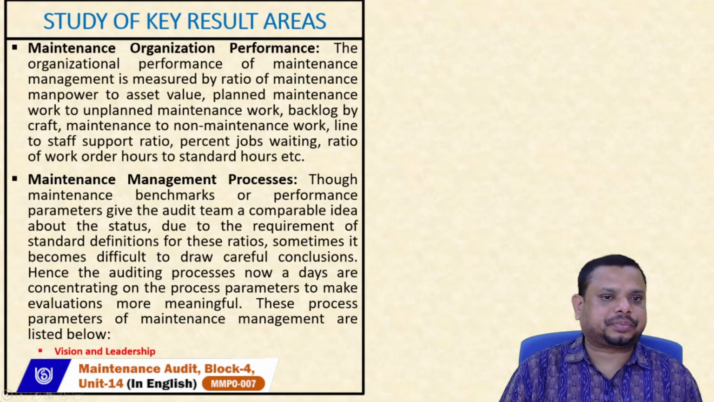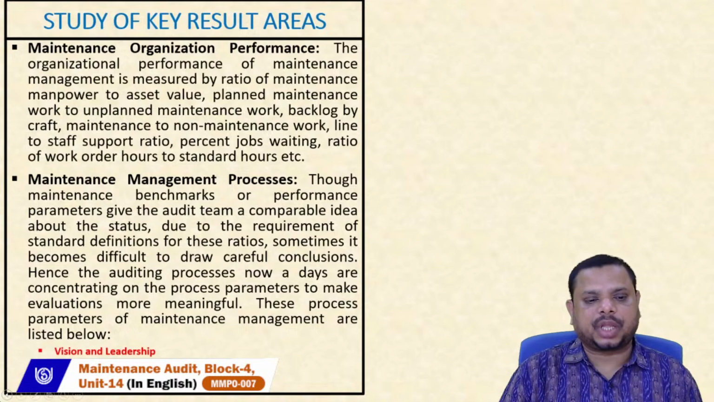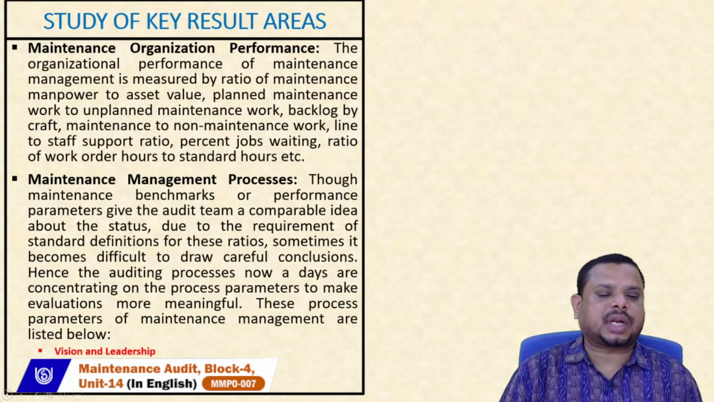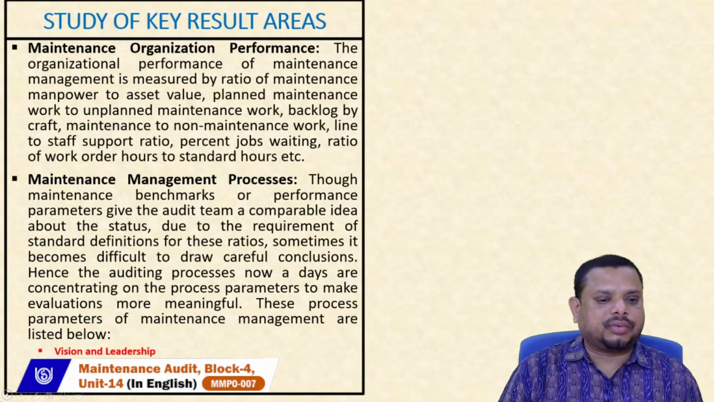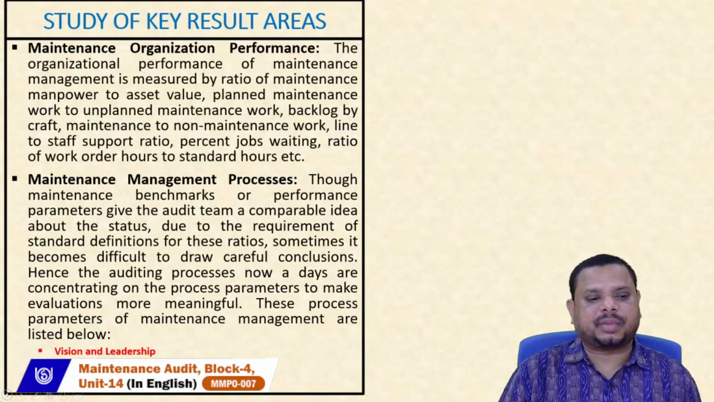The next key result area is the maintenance management process. Through the maintenance benchmark or performance parameters, the audit teams get a comparable idea about the status. Due to the lack of standard definitions for these ratios, it sometimes becomes difficult to draw careful conclusions. So here they will focus upon the various process parameters of maintenance management, the first one is vision and